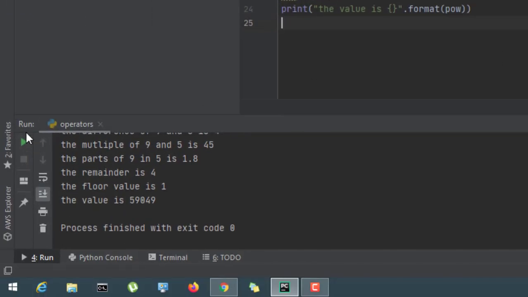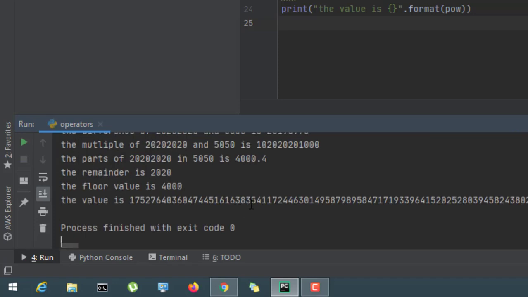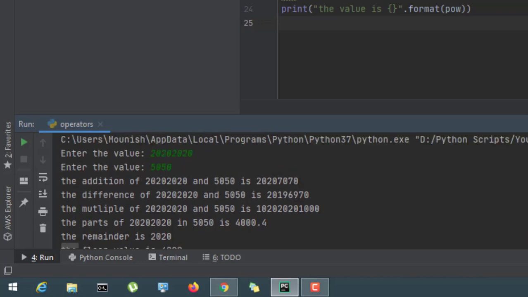But for example, let me run this same program for 20, 20, 20, 20, divided by 50, 50. What is the value? Can you perform all this in a fraction of a second? Can you see the power value over here? I don't know how to read this also. So that is the reason it is necessary.